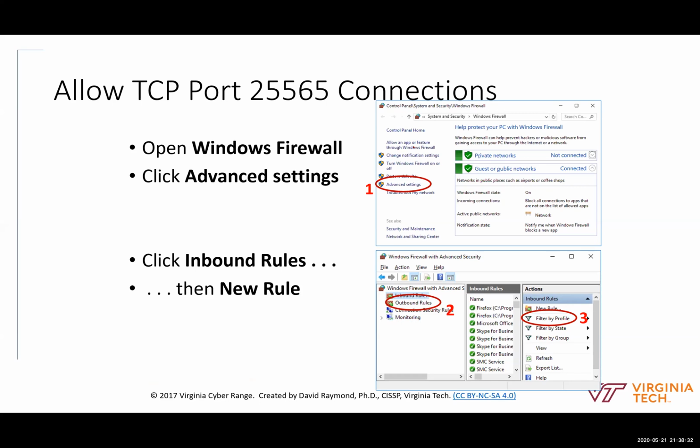So you would open the Windows Firewall like I just did. You go to Advanced Settings. You want to go to Inbound Rules. My circle is a little bit off here. We want to go to Inbound Rules, not Outbound Rules. And then you go to New Rule,